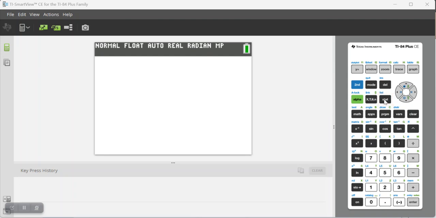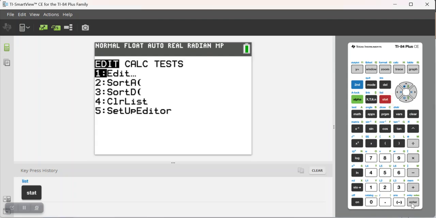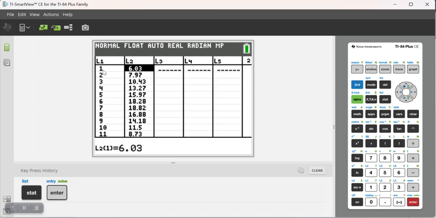So I'm going to click on Stat and then Edit, and you'll notice I've got L1 and L2. I've got annual data, or monthly data really, for January through December, some temperature data for something, whatever, it's just numbers. So I have that data input,